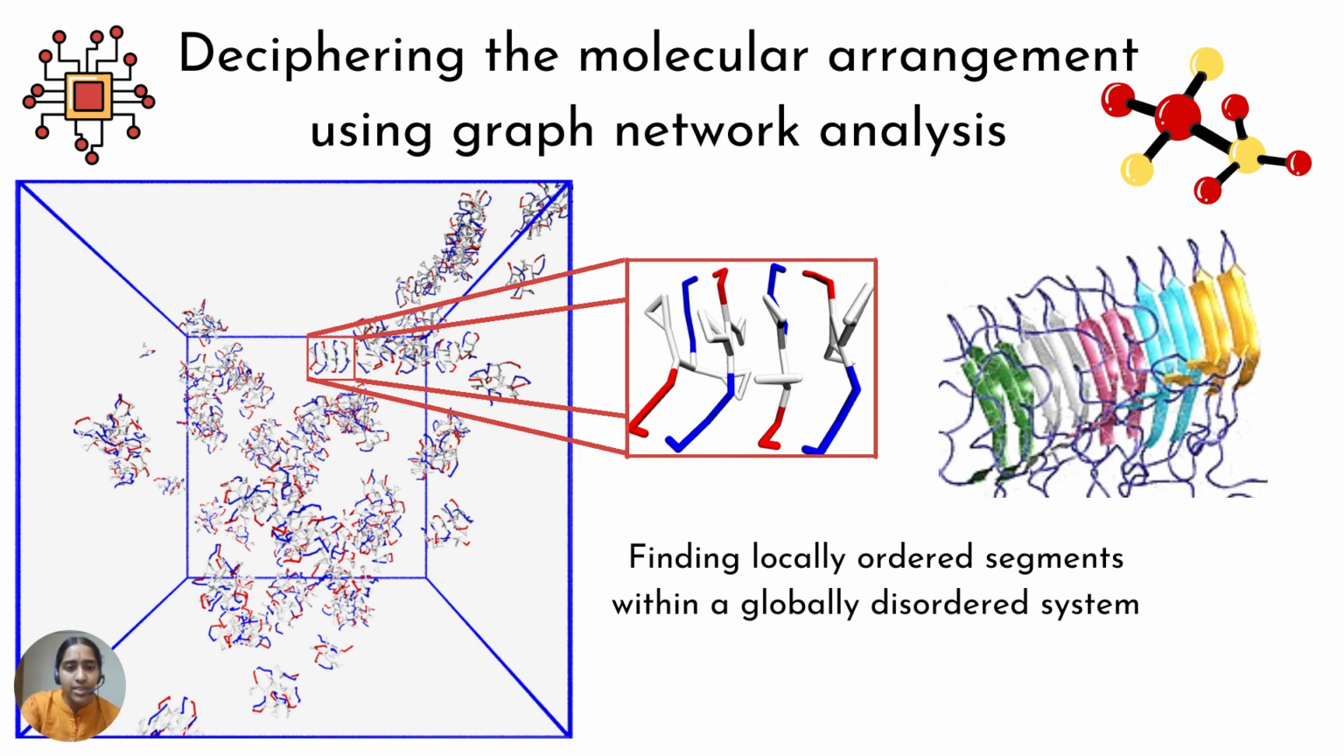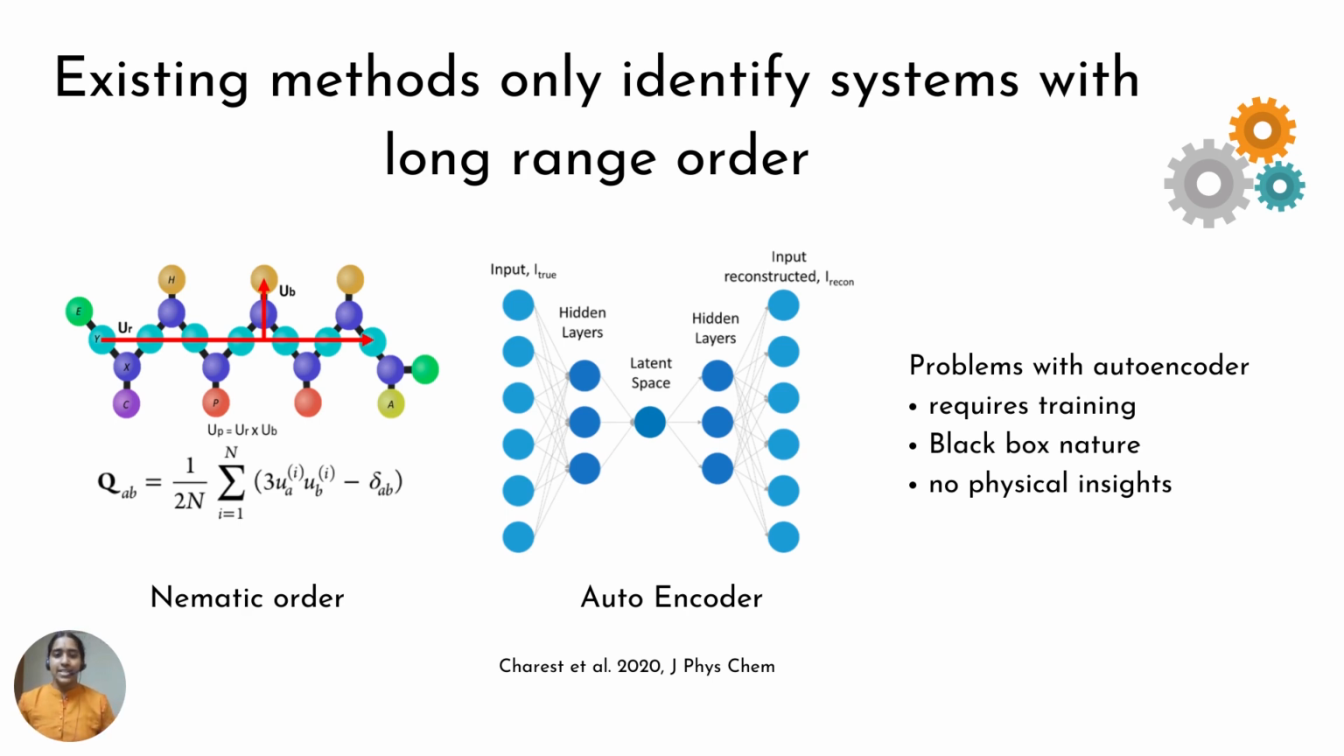At a given time point, the system looks like this. And in the seemingly disordered system, if you look close enough, there are locally ordered segments. Finding these locally ordered segments and tracking how they change as a function of time gives us insights about the molecular pathway of aggregation. Previous studies have used a parameter called the nematic order parameter to understand the orientation of